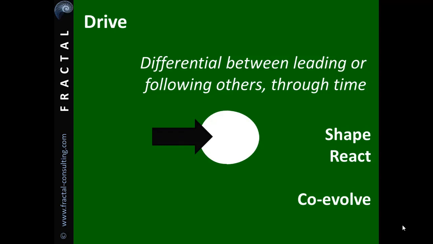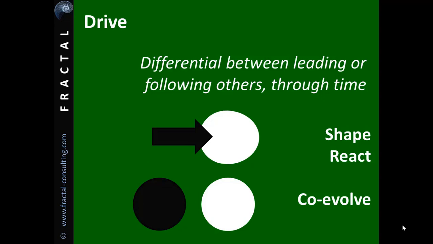This can make it harder to spot, and we often find situations where each actor in a coupling thinks the other is shaping them because each only sees the effect on themselves rather than the effect they're also having on the counterparty. In other cases, the actors within the coupling co-evolve, with each making changes that affect the other to a roughly even degree or jointly influencing the environment of which the coupling is a part. Here, both of the actors are changed. So the three options for drive are shape, co-evolve and react, and of course they are in pairs. If one actor is shaping, the other is reacting, or both co-evolve together.